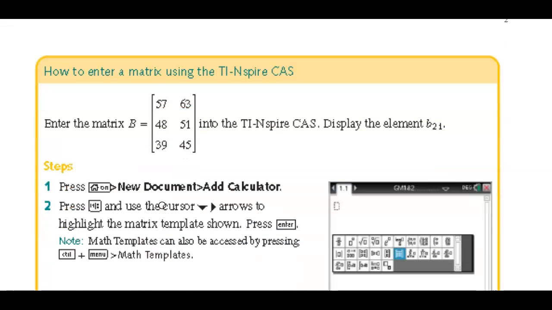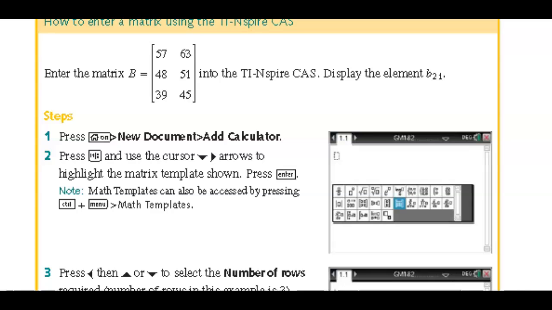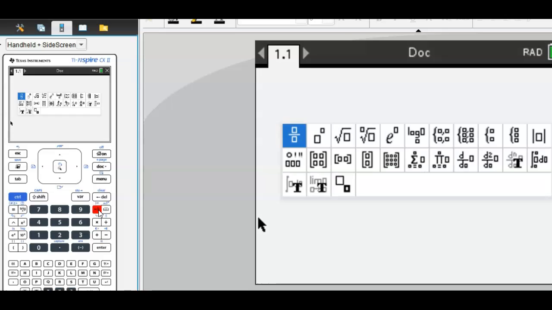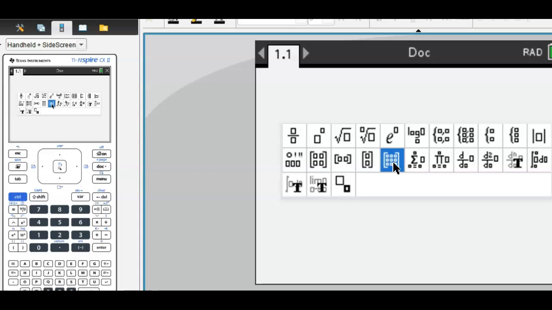All right, putting things into your calculator. So instructions are here, but how about I just give you a live calculator that hopefully will work. Okay, so this is the second CADS, but it looks very similar to what you have. Your matrix button is here. Now it looks very small, just next to your 9. When you press it, it will come up with other things than just the matrix, but these are what you want. This is a 2 by 2 matrix, a 1 by 2, a 2 by 1, and this one here is a 3 by 3. You press on it and